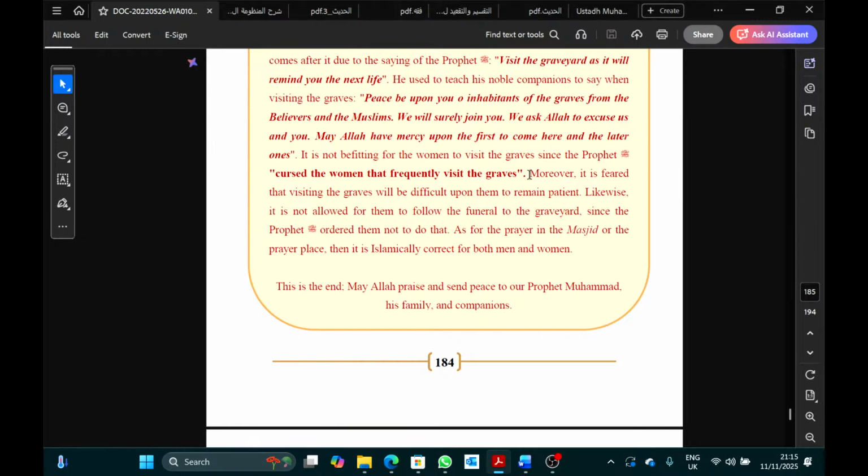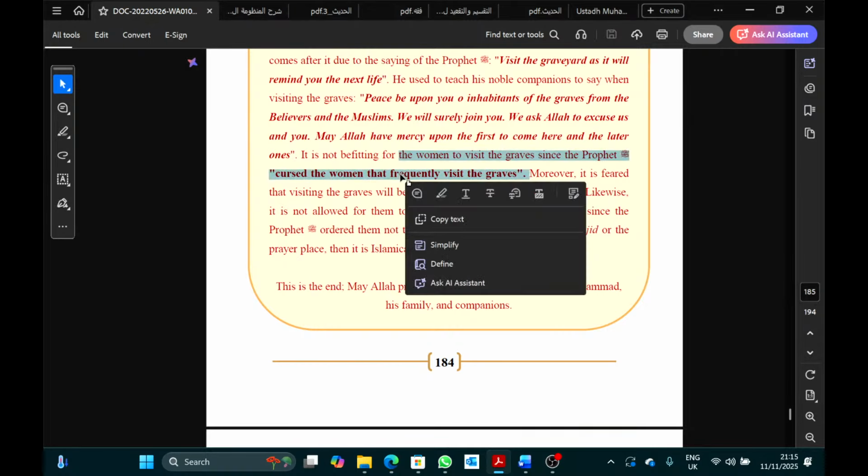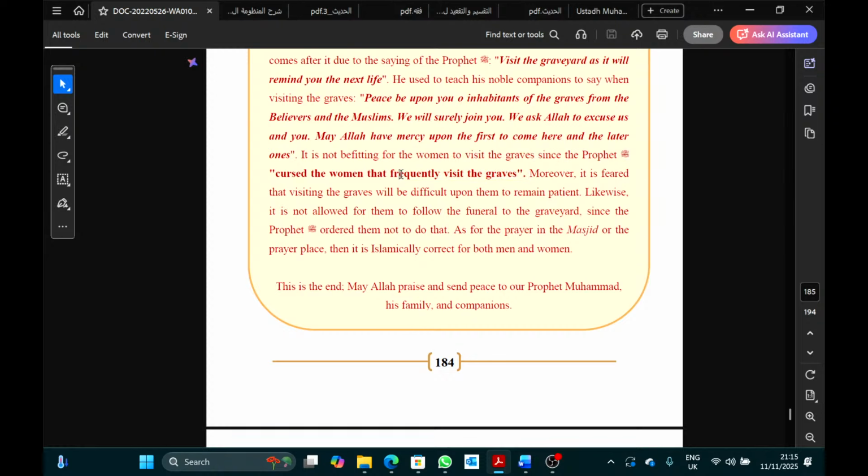As for every now and again, what seems to be correct, wallahu alam, is that it is permissible. Why? Even the wording of this hadith that they used to say it's not permissible says frequently. Alhamdulillah, the translation is good here: frequently visit. And number two, Aisha radiallahu anha asked what dua she would say if she goes to the graves, and the person taught her the dua. He didn't say, no, you shouldn't go. She asked, what dua should I say if I go to the grave, and the person taught her, showing that it would be permissible.